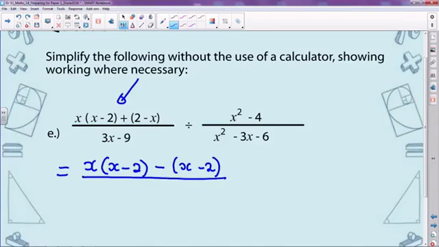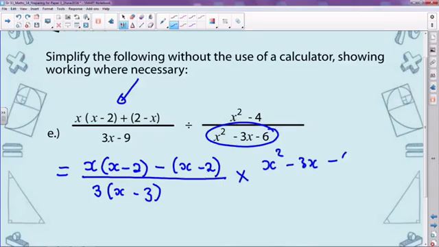that is, the common factor here is 3 bracket x minus 3. Okay? Now, divide by, and you can now say multiply by. Remember, flipping times, okay? This will become your numerator, which is x squared minus 3x minus 6, divide